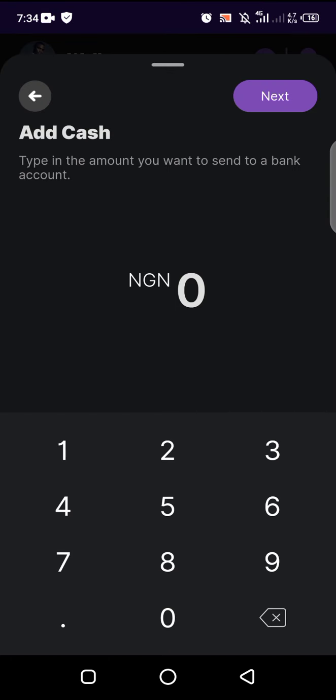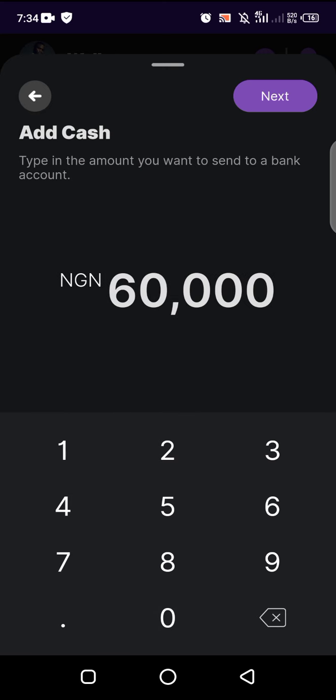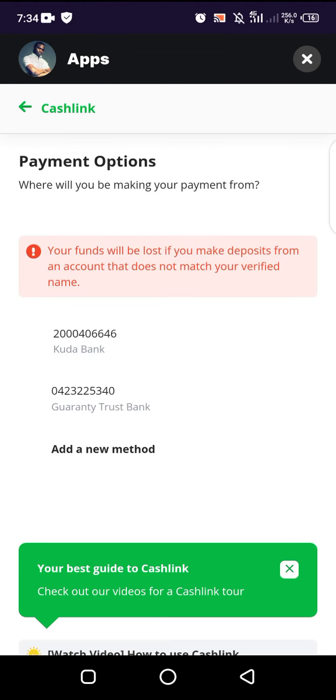So you enter the amount. Now, Bundle has transaction charges that they will add to whatever it is. So let's say we want to do 60,000, right? And then click on next. It will show you all the exchangers, all the verified vendors,